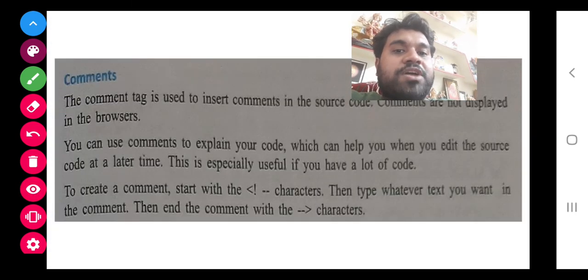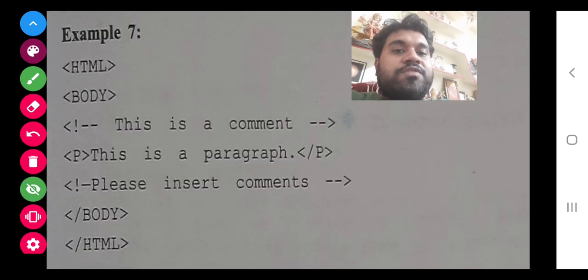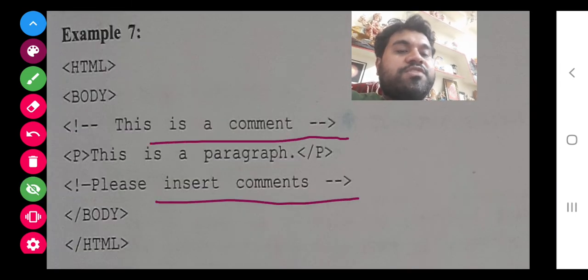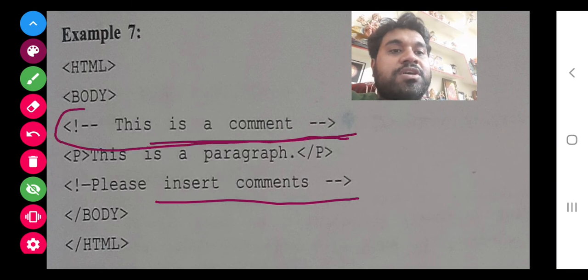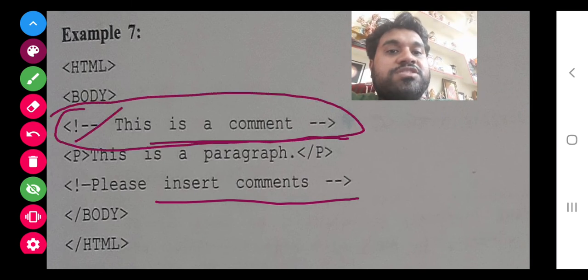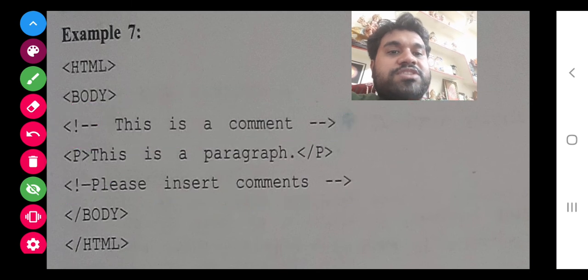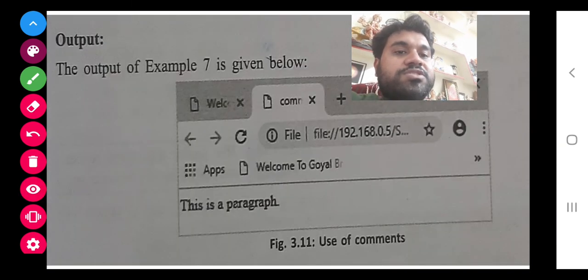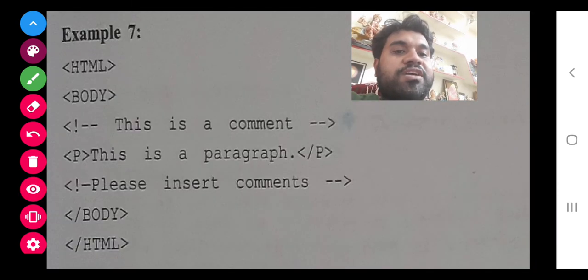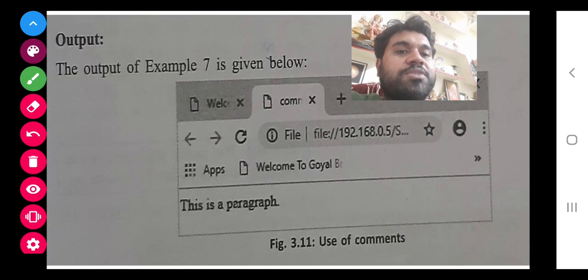But whatever you write like this will not be part of the output. This one is not a part of the output. This one is not a part of the output, because this is made and this is made. So that's why. Class, you can see that this paragraph is coming, this is a comment, it is not coming. Please insert the comment, it is not coming.